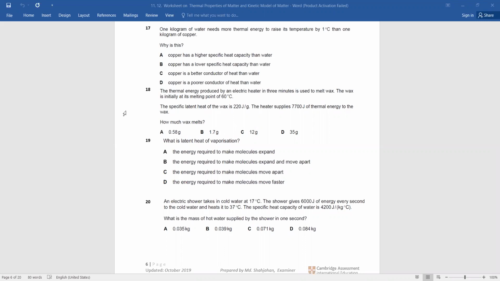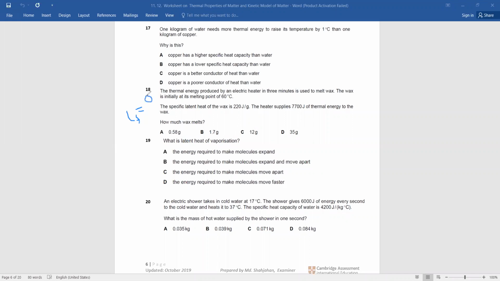Hello? Yes, sir. Can you remember the formula? What is the formula? Sir, specific heat, small c equals Q by m delta theta. Latent heat, sir, c m is equal to 1 by m Q by delta.